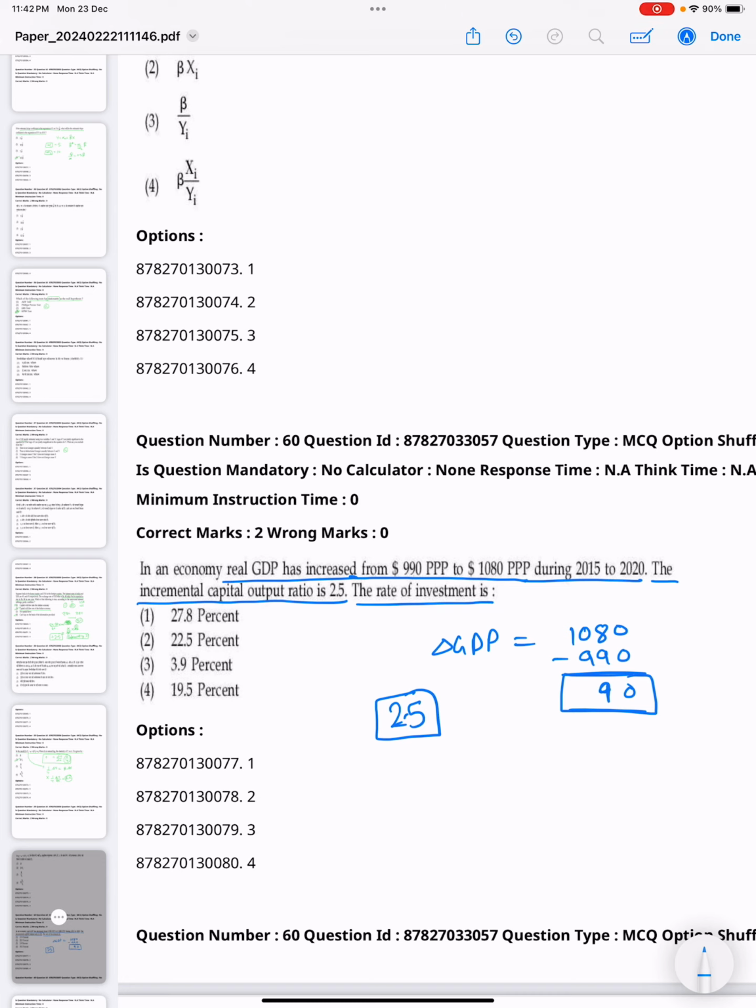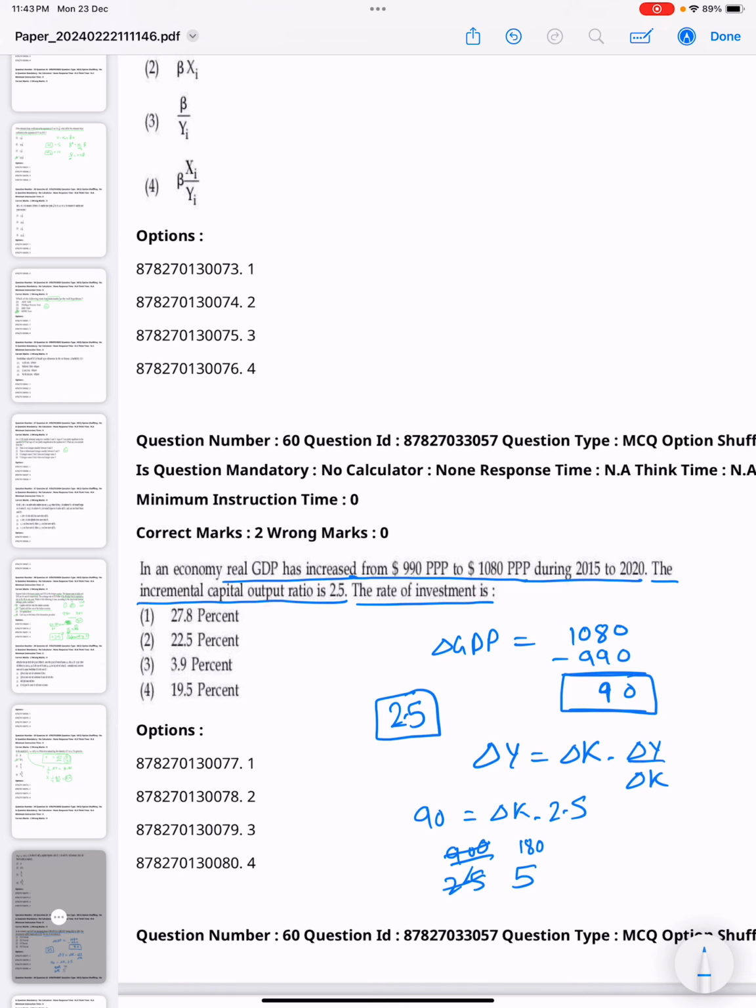So now, okay, in an economy, real GDP has increased from 990 to 1080, okay, 90. The incremental capital output ratio is this. Okay, so we have this formula, change in y equals change in k into incremental capital output ratio. So change in y upon change in k, and change in y is 90. Change in y by change in k is 2.5. So 90 upon 2.5. Okay, if we solve this,